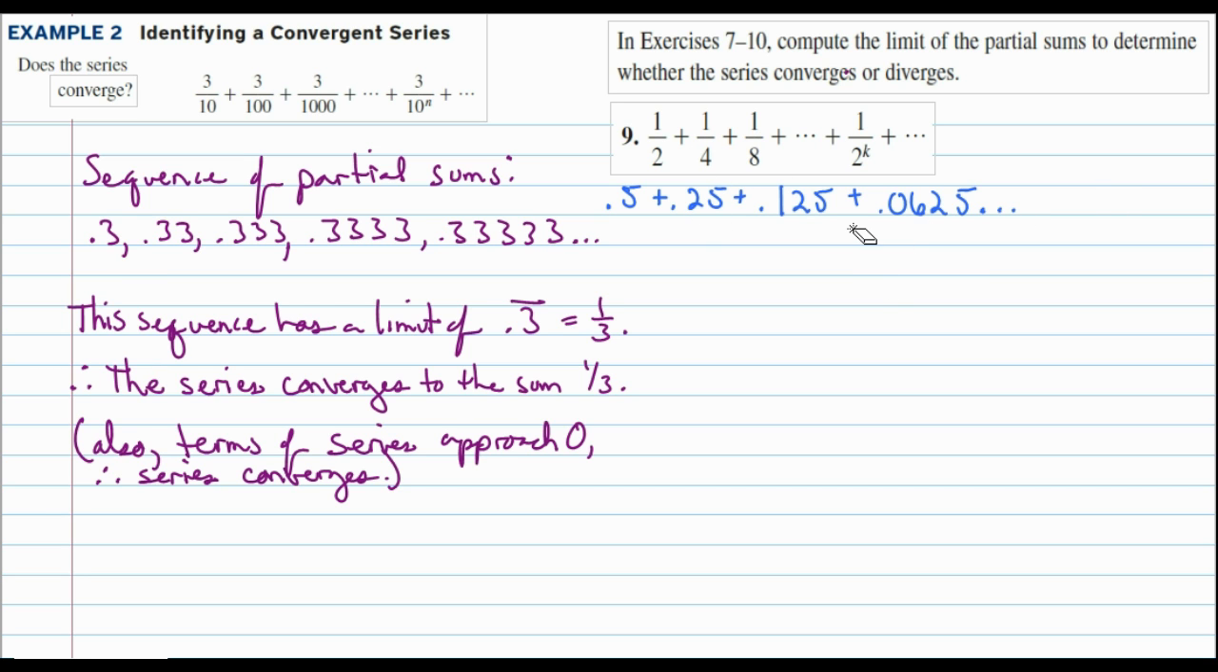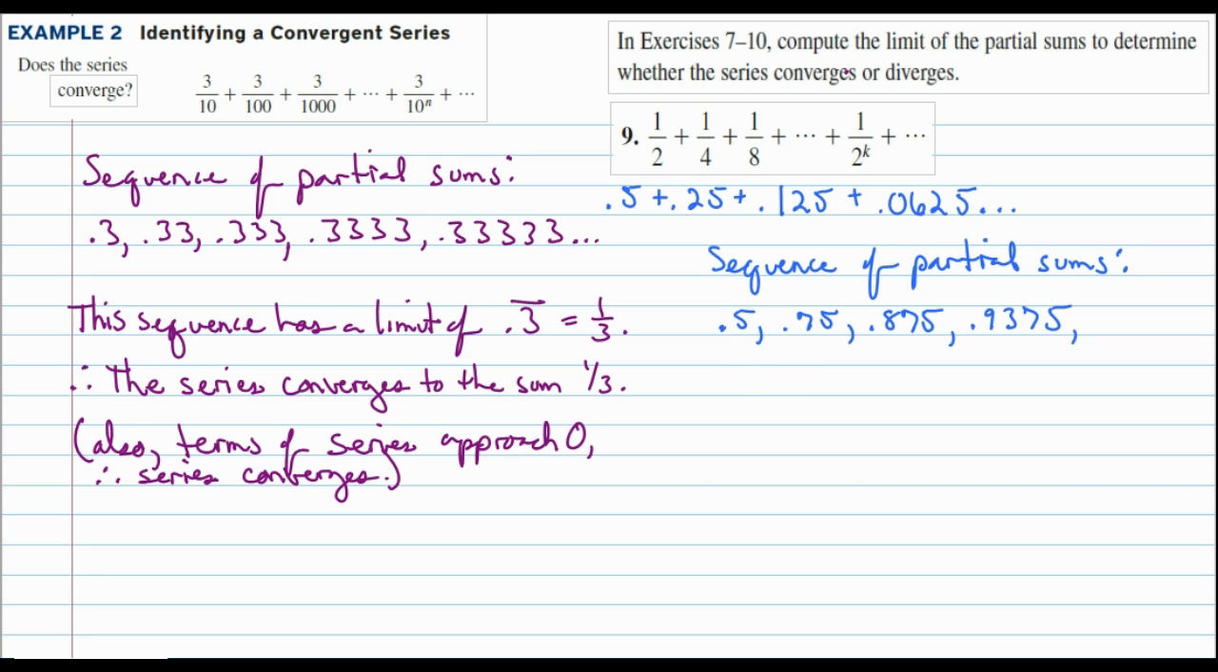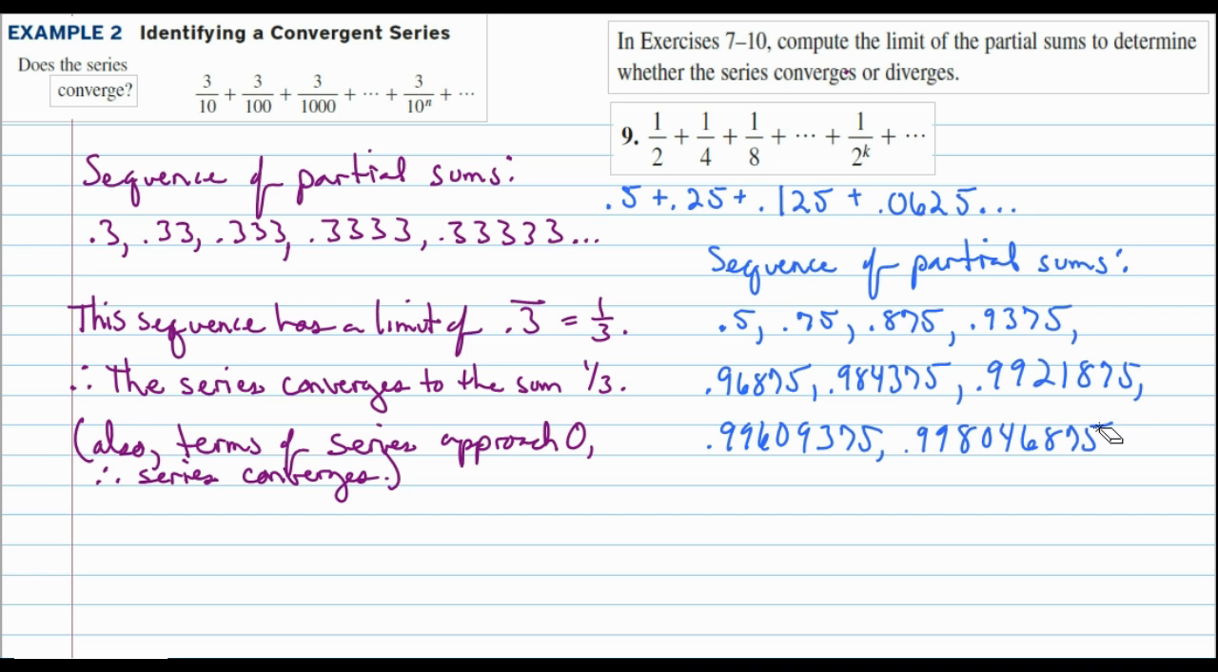Now, if we look at the sequence of partial sums, the first one is just 0.5. Then we do 0.5 plus 0.25, so that's 0.75. Now we're going to add 0.75 plus 0.125. Then we're going to add 0.0625. And then we could keep going, with 1/2 to the 9th being our last term we add here,